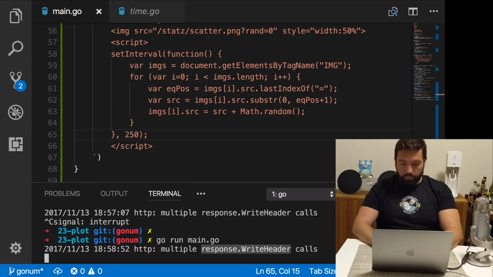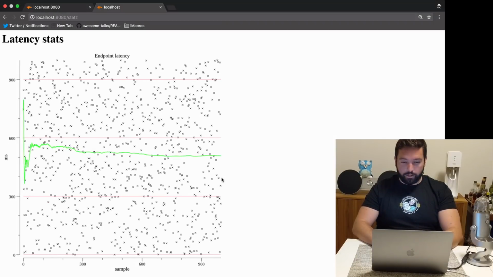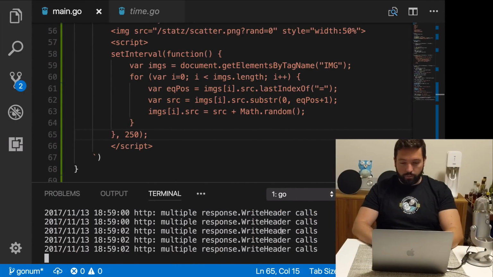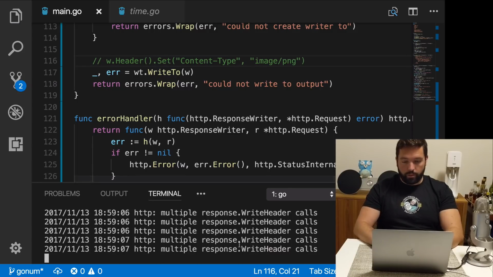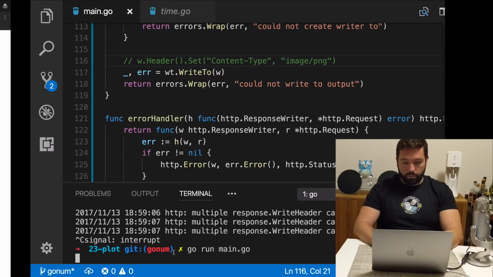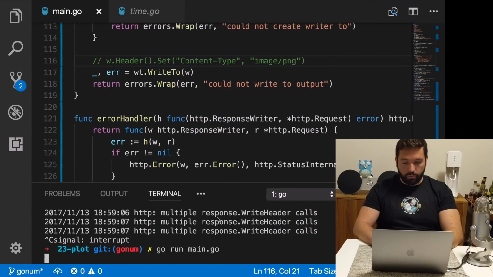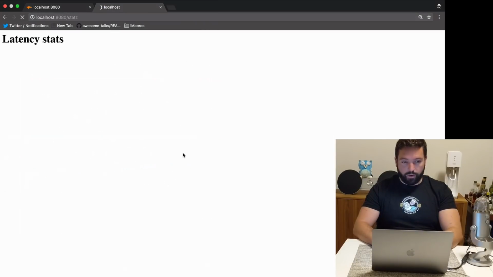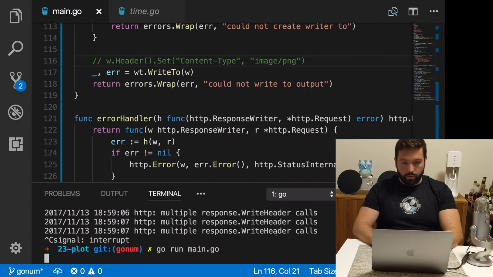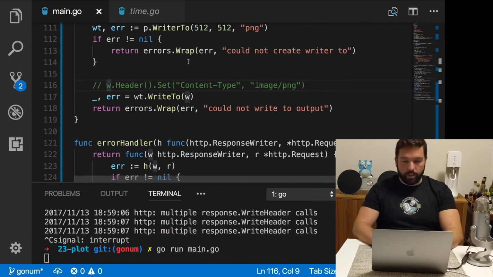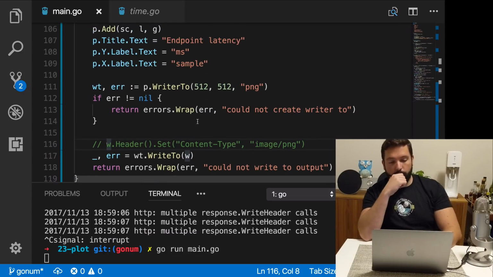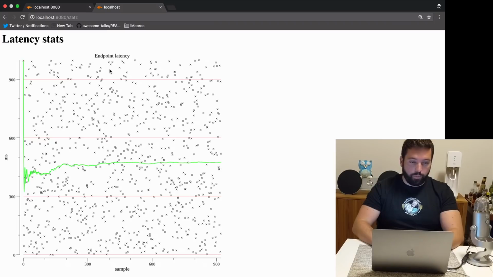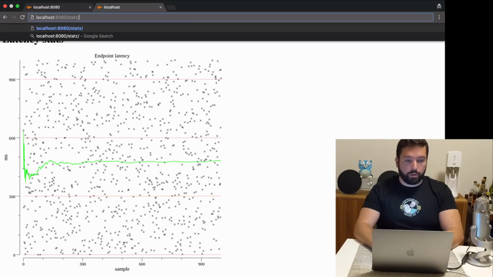And multiple response header calls. Wonder if, oh yeah, look at that. What if I don't do this? If I don't do this, will the error disappear and everything still work, even if I refresh many times? Okay, so the problem is clearly that I'm setting the content type too late. But I cannot set it before. But it still works if I do